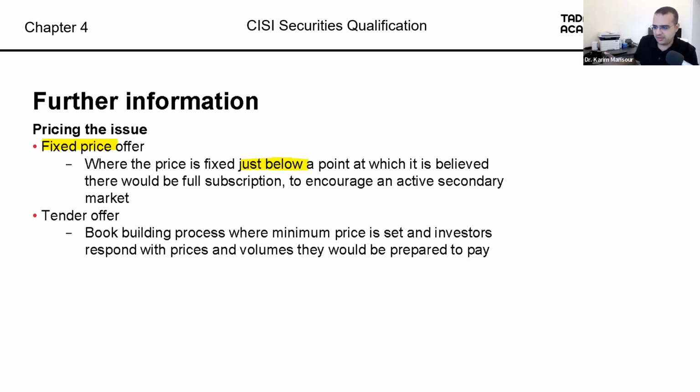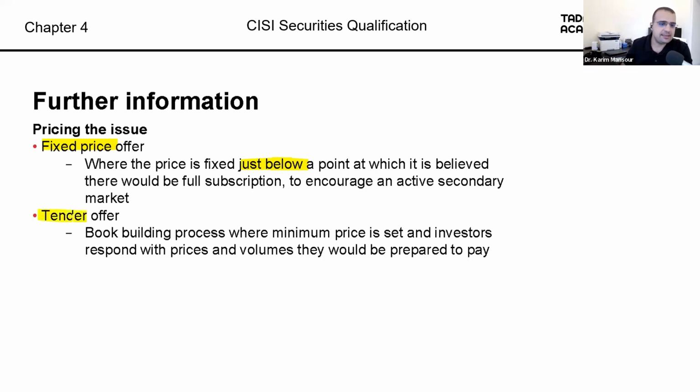Why? Because if the investors buy at $18 in the primary market, obviously these primary investors are going to sell in the secondary market, and they might sell it at 19 or 20, which is the price at which people are willing to buy. If you price it at $20 in the primary market, the investors sell it in the secondary market at 21 or 22, then it's traded at a higher price in the secondary market. Something that might discourage trading in the secondary market. So if you believe that the secondary market is willing to buy at 20, then you offer it in the primary market to the initial investors at just below 20.